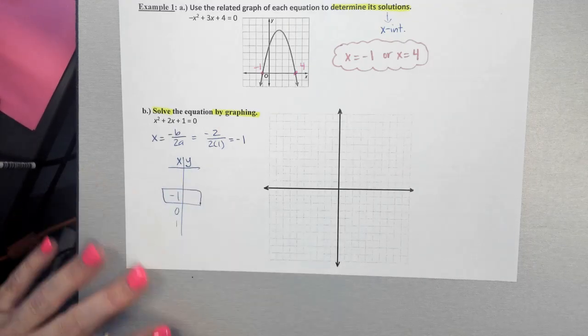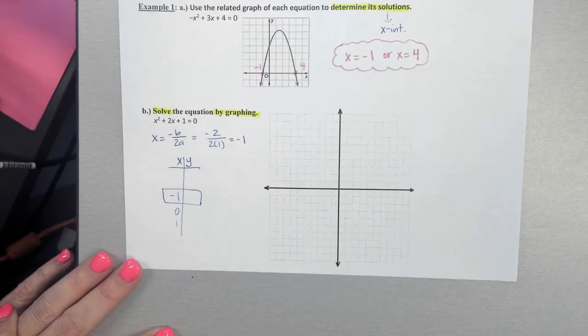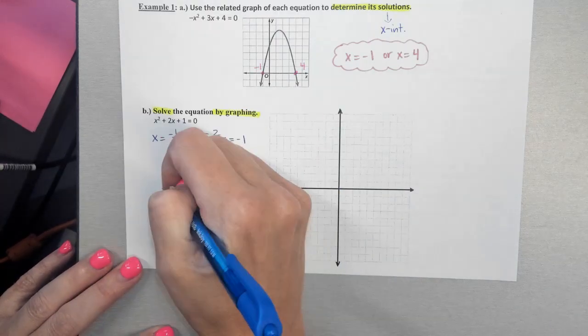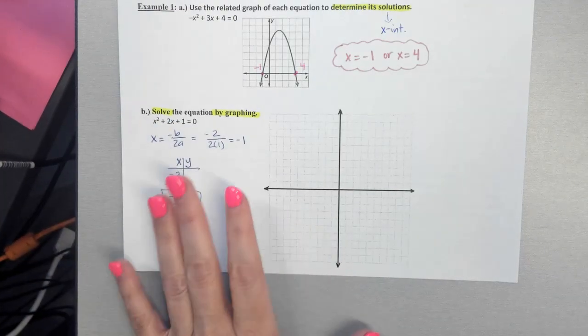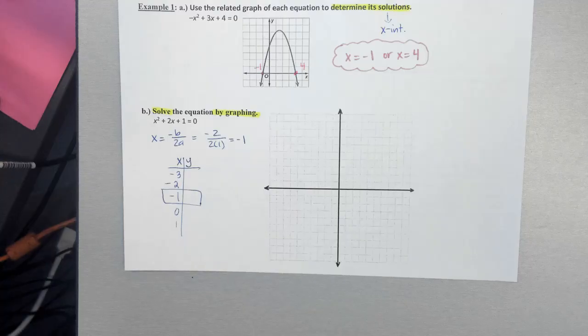And I like to go one up and then another one. Then we can go one down and then another one. And then we're going to see if this makes a nice parabola. We want to make sure that we do span our graph. So